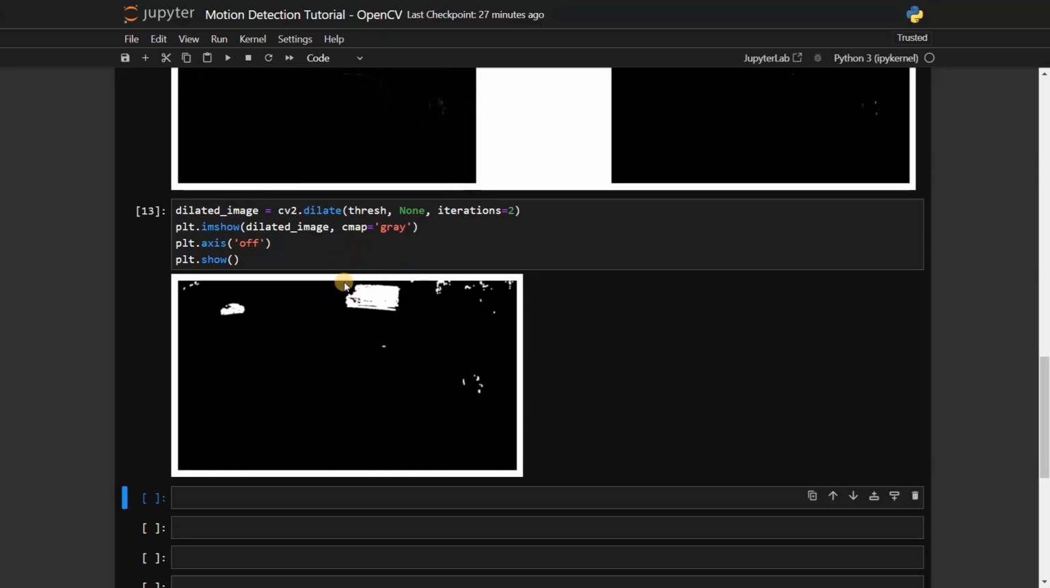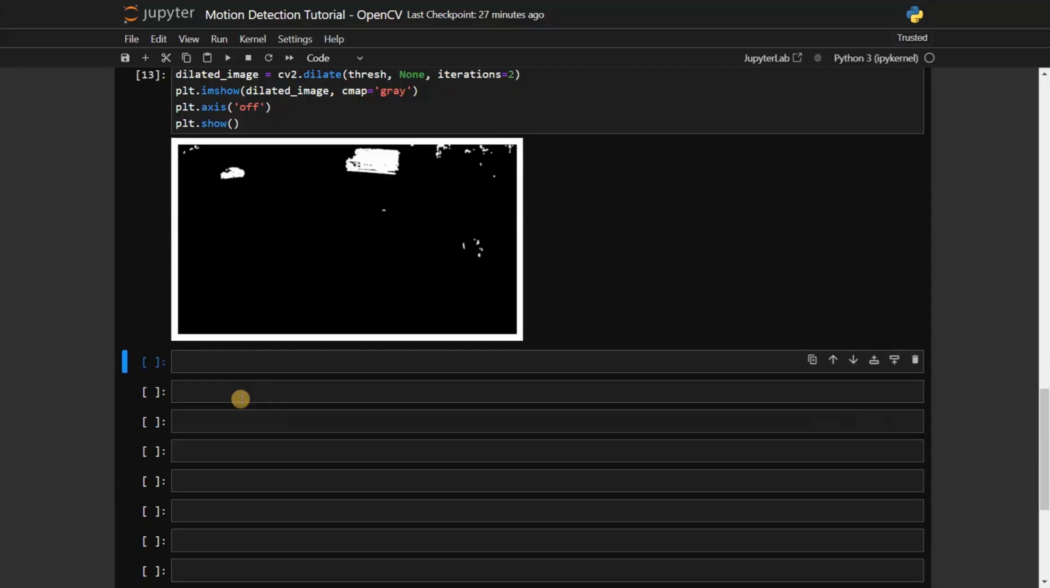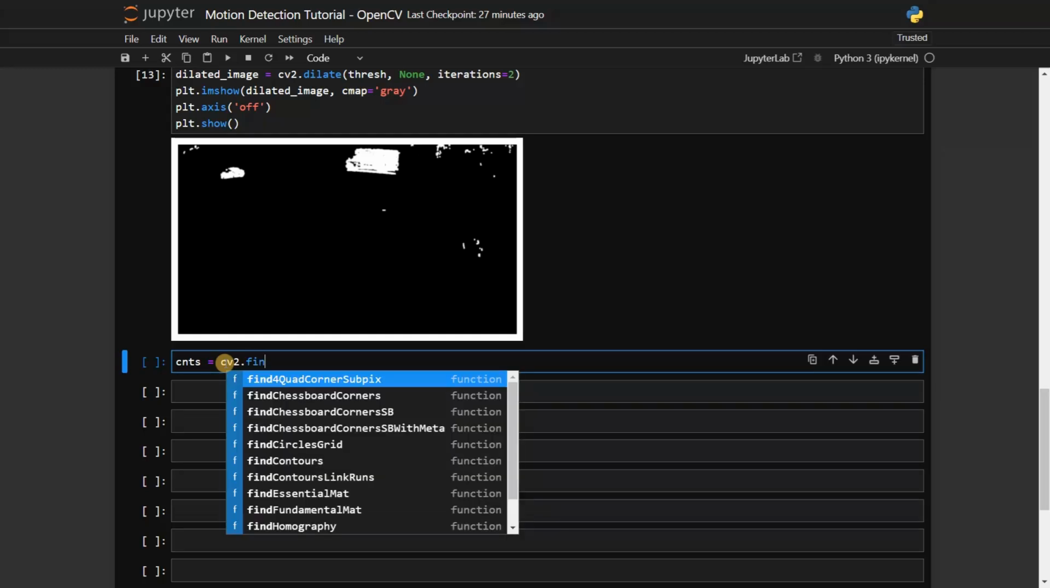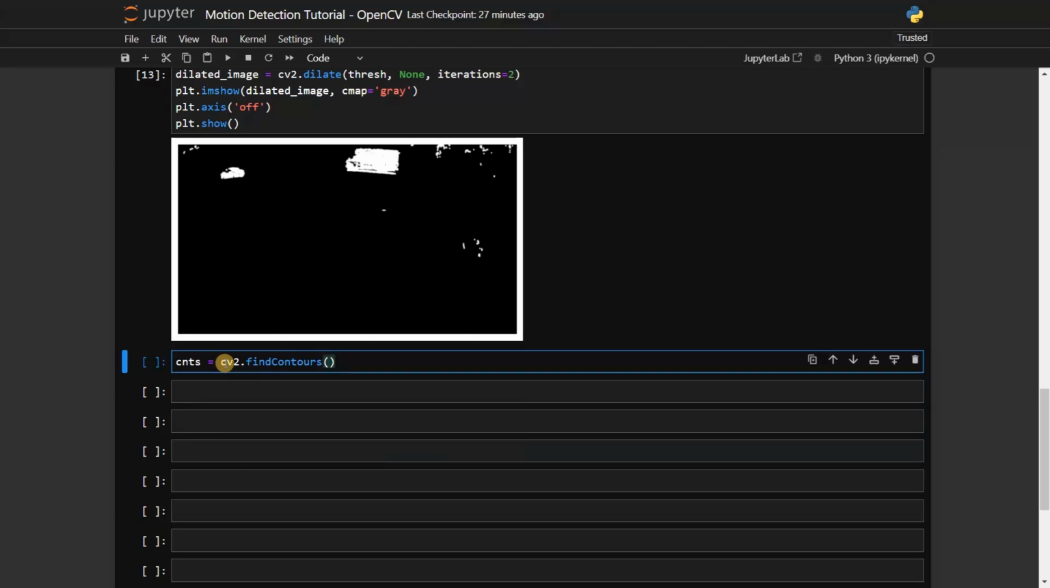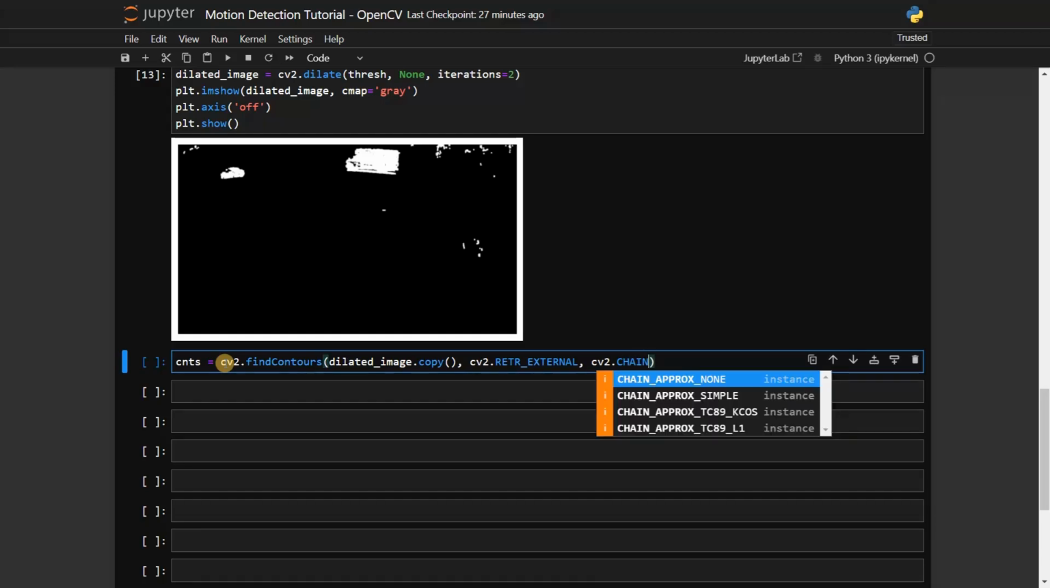Let's get the contours for this to have the bounding boxes. So cnts equals cv2.findContours, dilated image.copy(), cv2.RETR_EXTERNAL and cv2.CHAIN_APPROX_SIMPLE,